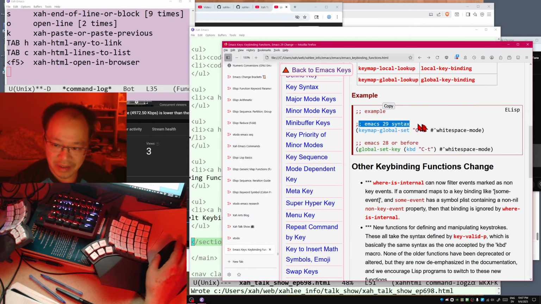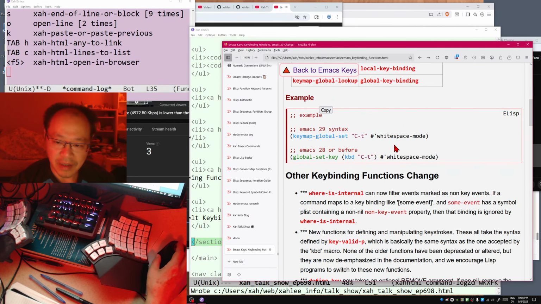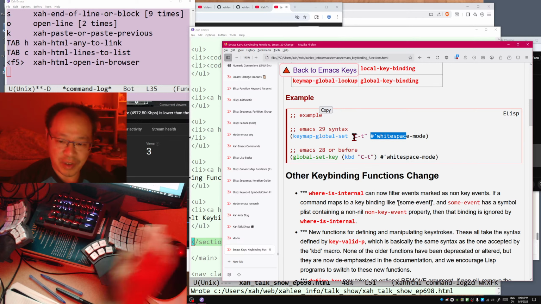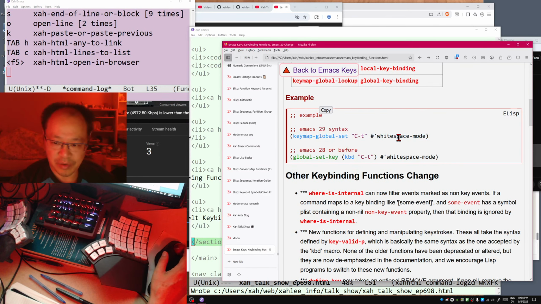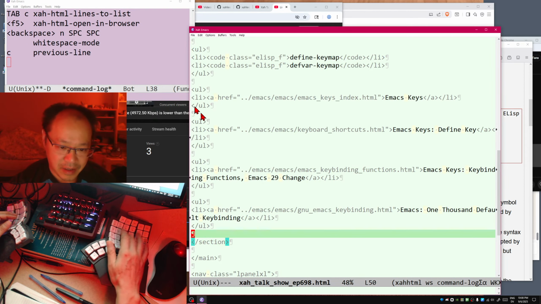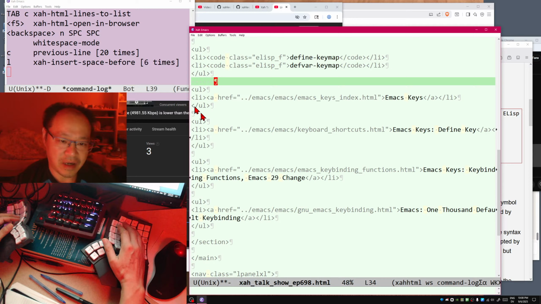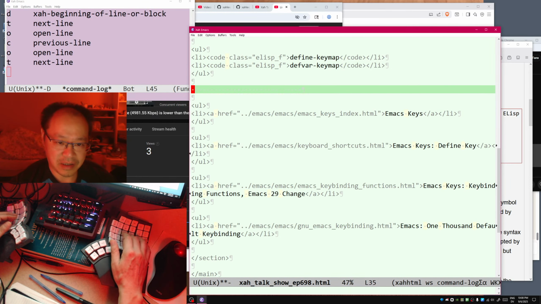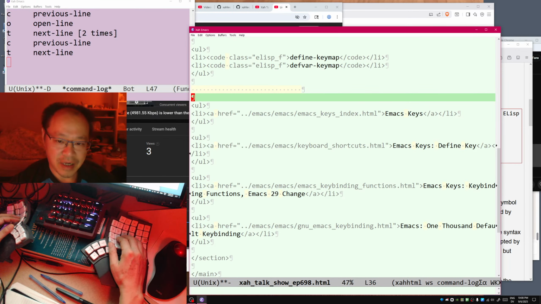So for example, here is Emacs 29. This is a new one, keymap-global-set, then a string that represents a key, in this case Control T, then the command you want it to be, whitespace-mode. So if you run this, Control T will turn on whitespace mode. Let me show you. You see, when you have a lot of white spaces, now they show up as dots. Can you see that? Now if I turn off whitespace mode, press,